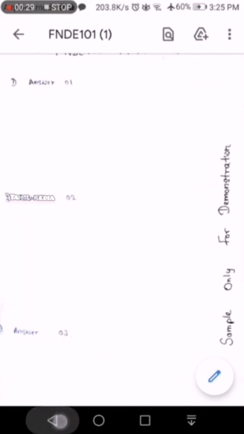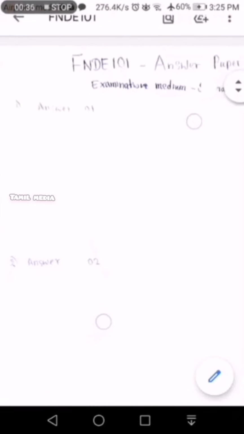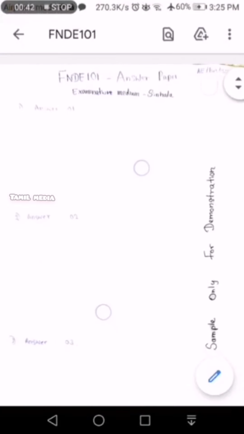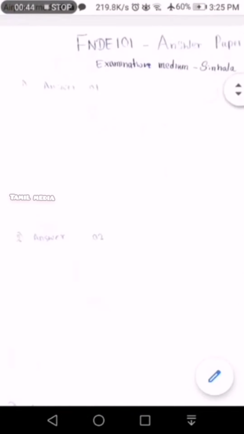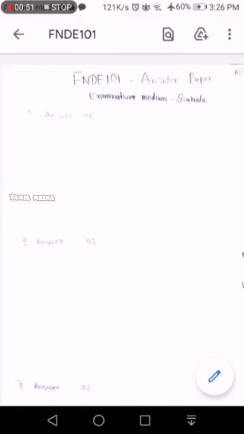And I'm going to the next document. In this document, the text is not easily readable and you cannot easily recognize the text.